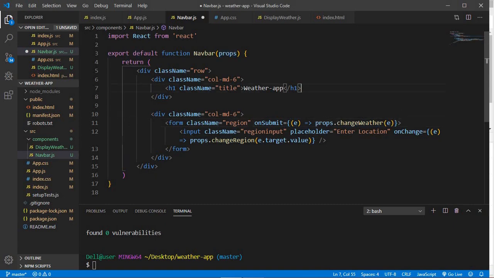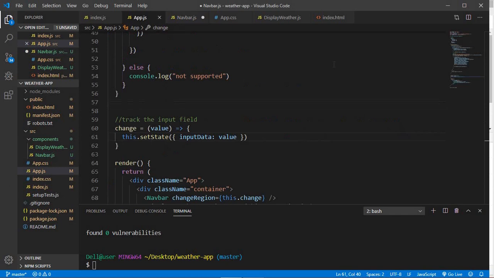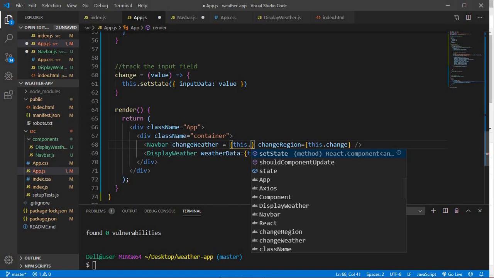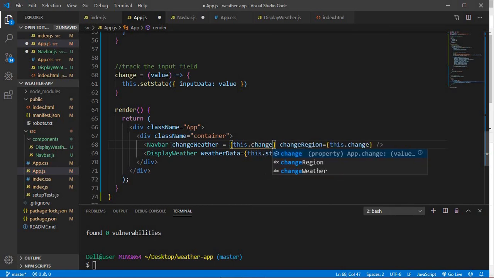So when I submit this form, okay, it's going to run a function. Okay, that function is actually going to take an event object as a parameter, and it's going to return another function which is props.changeWeather. And since I used props.changeWeather, I have to pass this as a prop here. Okay, so changeWeather equals to, and here I want a method to run, which is going to be this.changeWeather. All right,